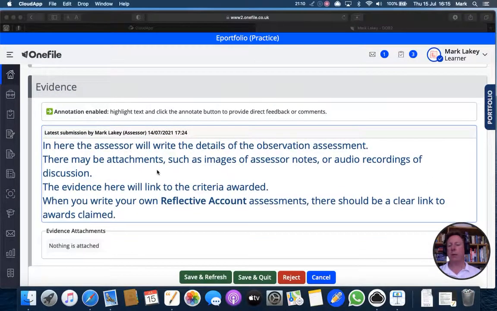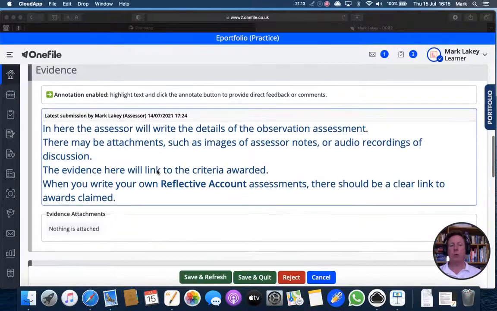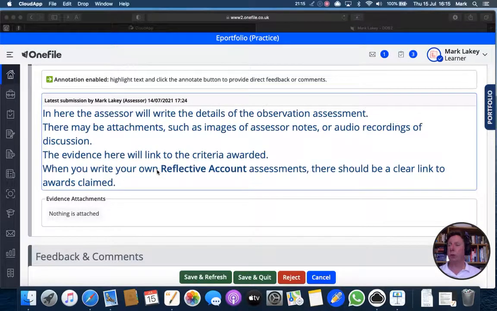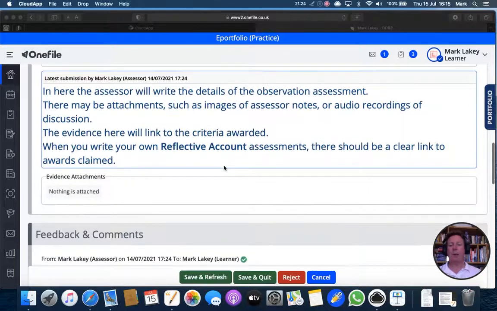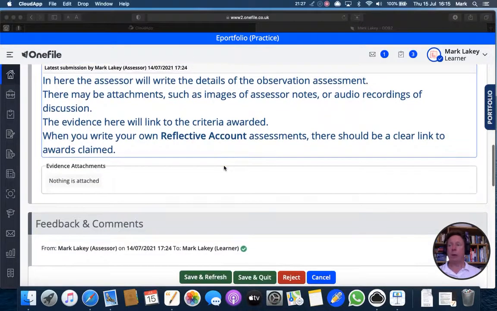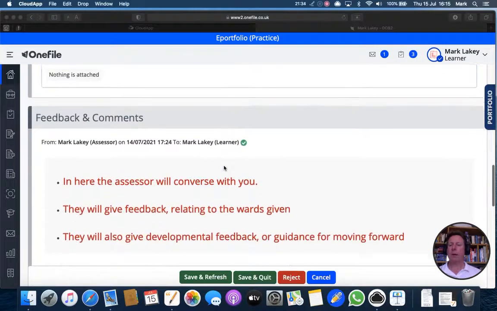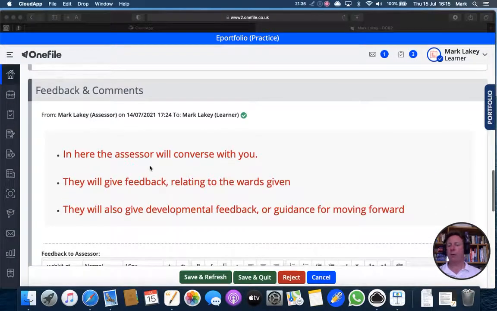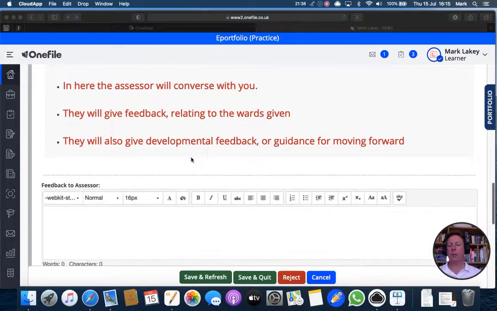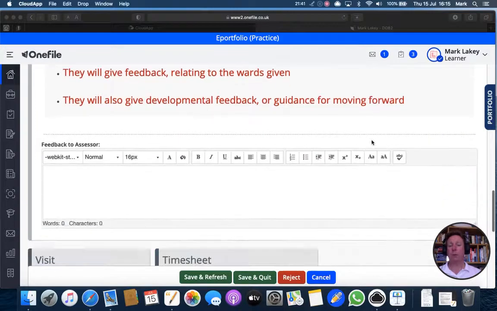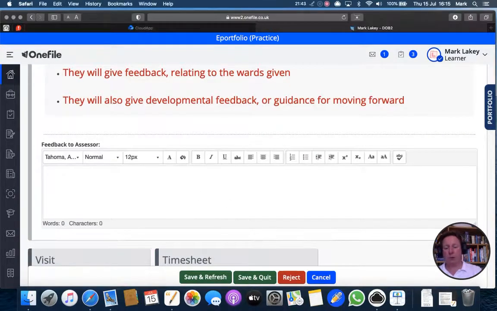There may be attachments such as images of assessor notes or audio recordings of discussion. So just like you can attach documentation and supporting things, the assessor can too. The evidence will link to the criteria that's been awarded, and so when you see the way that the assessor has written it up, that will give you an indication of how the links are made. In the feedback and comment box below, the assessor will converse with you, giving feedback on the awards given, developmental feedback and guidance for moving forward,